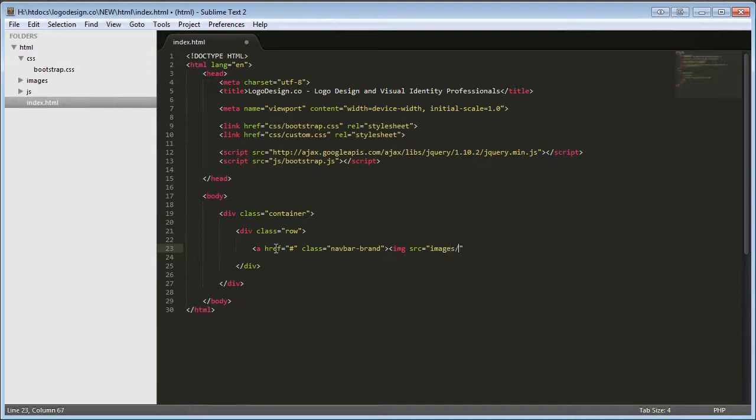And then the image tag here, logo.png, and close the tags up. This class here is a predefined Bootstrap class for the CSS for navbar-brand, and what that does is automatically adjust the logo right here based on the device that you're viewing it on. So it's just a quick way to get some alignment going